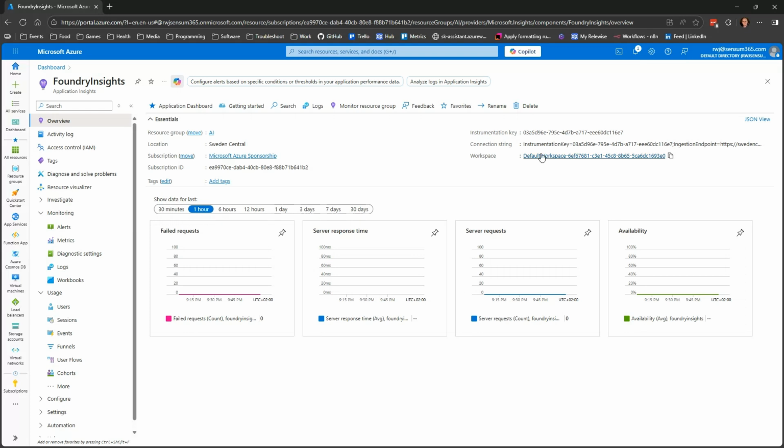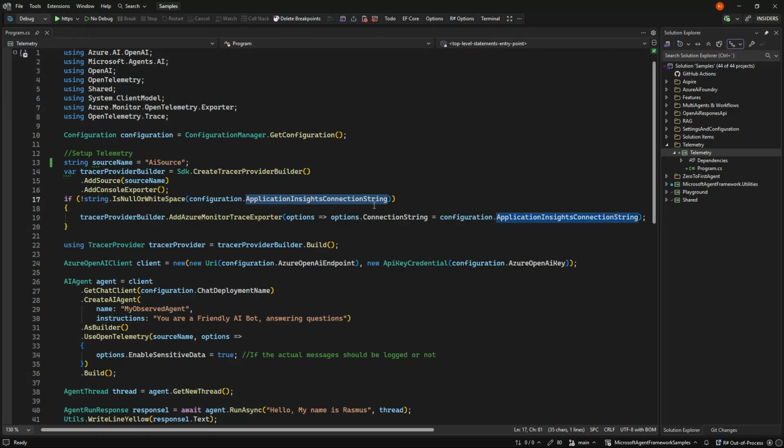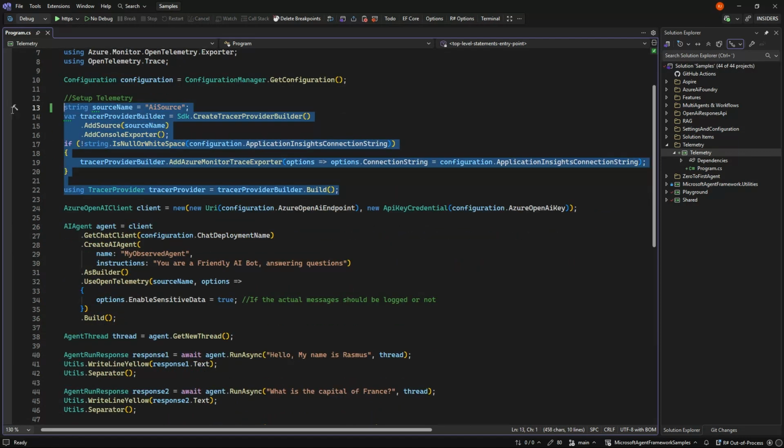I'm using one here, and I have an instrumentation key that is in my user secrets. If you don't have that, you can still run the application, but it won't log to Azure then. And then we build this trace provider. So we have something that can be traced and exported to two different sources.